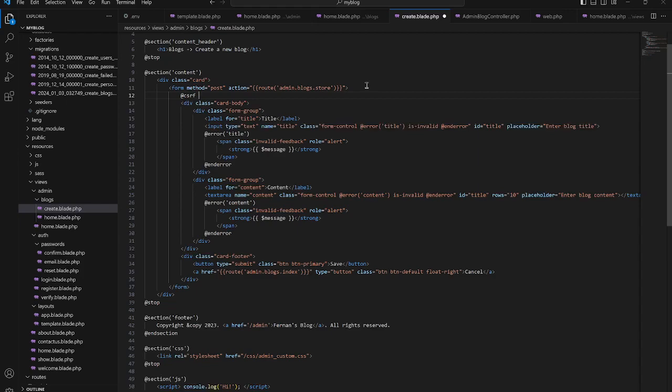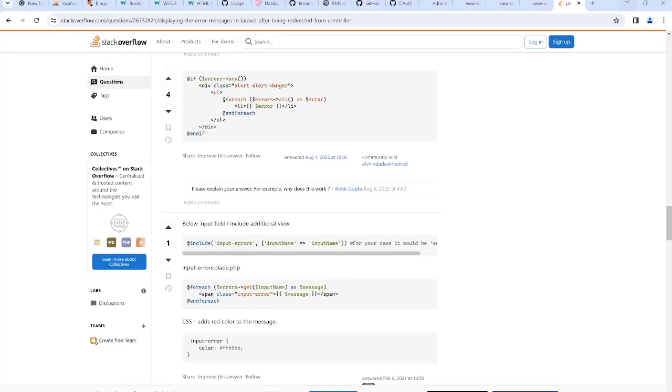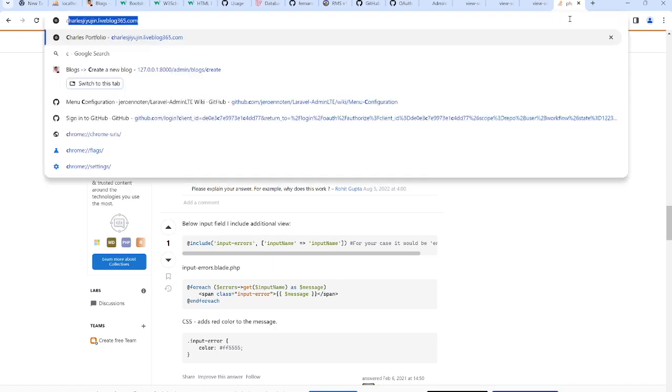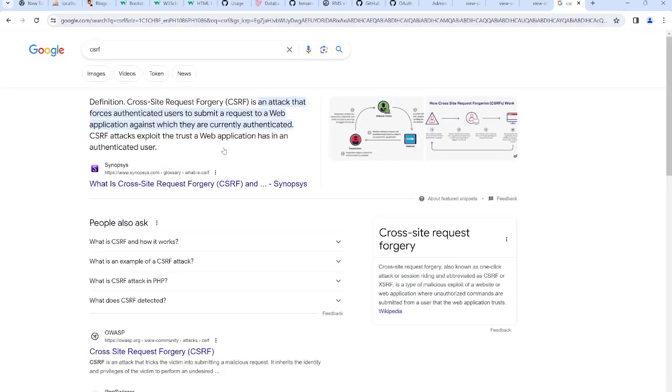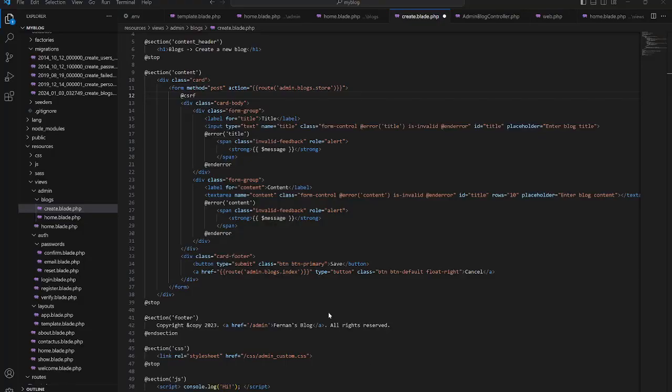Alright. So para asa ng CSRF, let's try to take a look. CSRF. Unsa din ang CSRF? This is cross-site request forgery. Is an attack that forces authenticated users to submit a request to a web application against which they are currently authenticated. All right. So CSRF is an exploit, and there's the reason why we are adding the CSRF here so that our application is